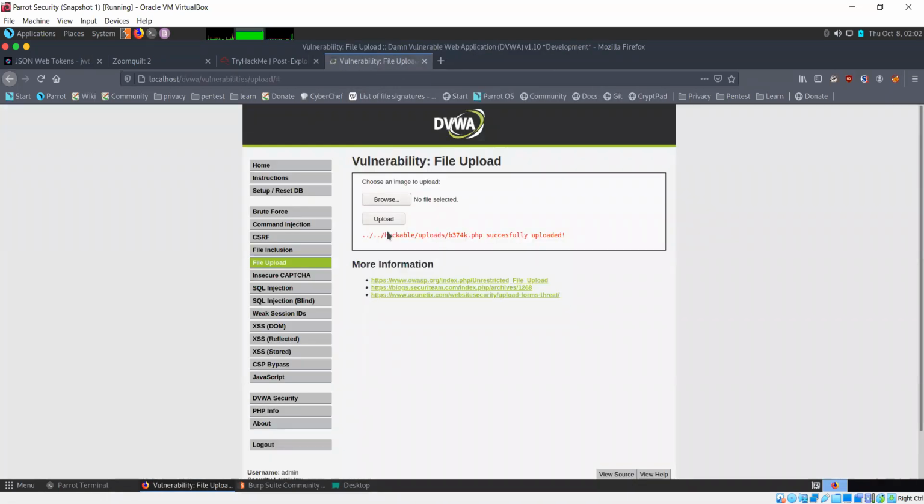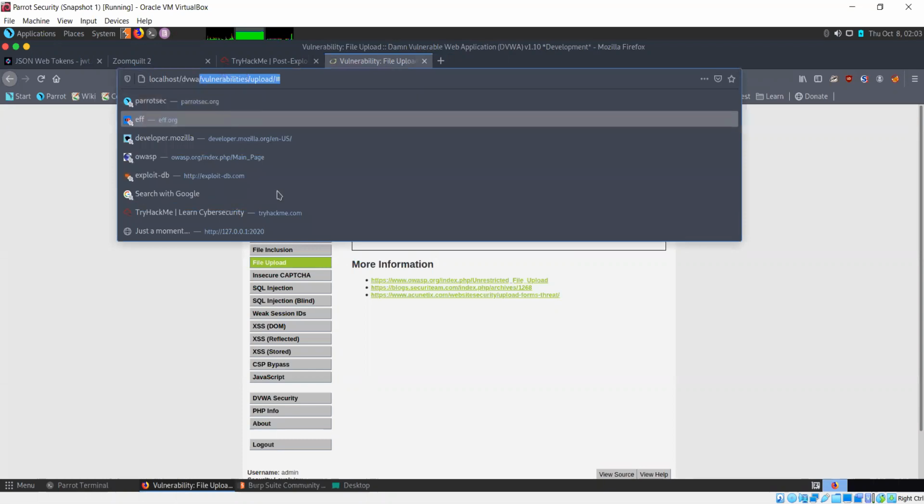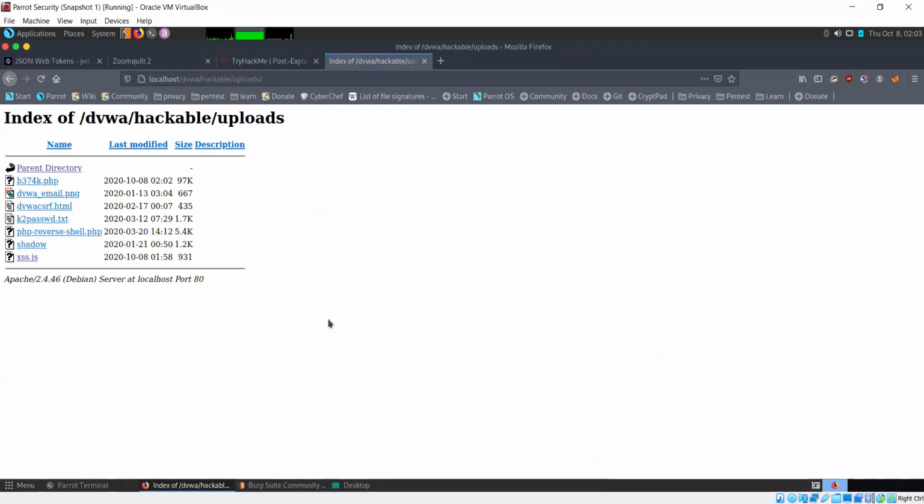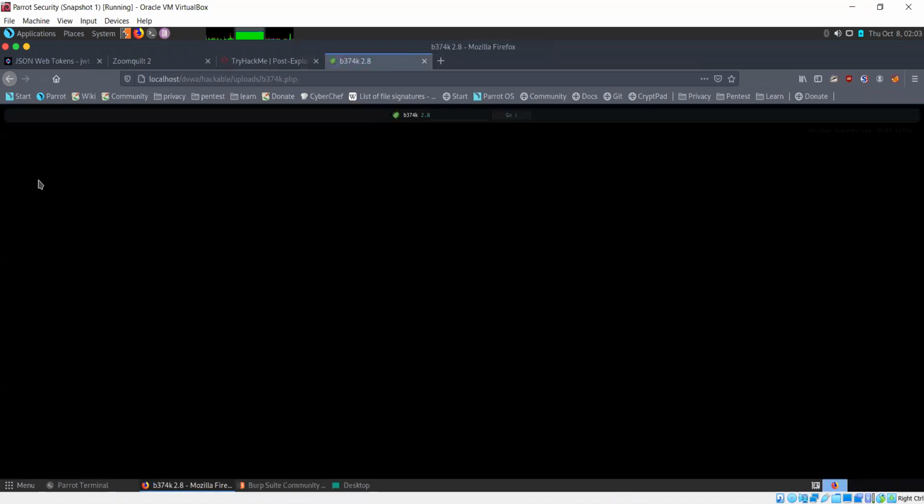Now that I've uploaded it, it's giving me the directory, hackable uploads. So this is our file, b374k.php. I'll just click on it, see what happens. And it requires a password before I can use it.